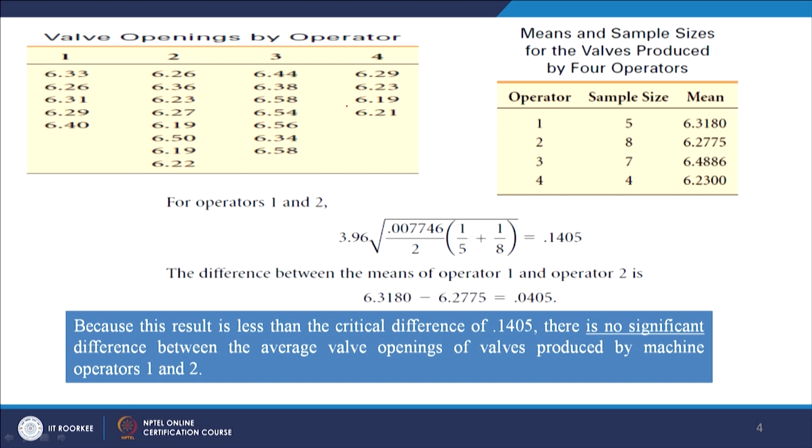In this formula, if you look carefully, when you take the first 2 samples, the first sample has sample size 5, right. So, this is 5. The second sample has 8. So, the value of the TK test is 0.1405, is it not? So, we know that there are 5 units in the first sample, 8 in the second, 7 in the third and 4 in the fourth sample, and these are the different sample means.